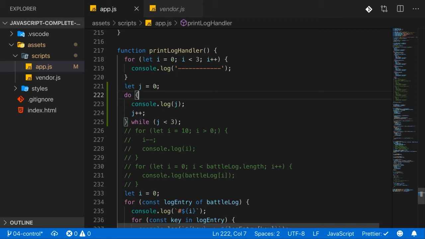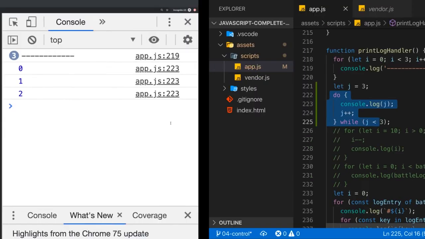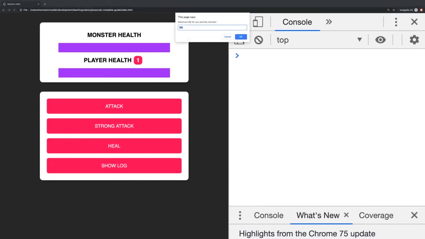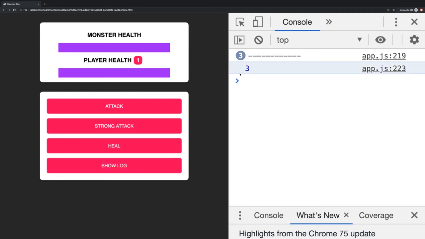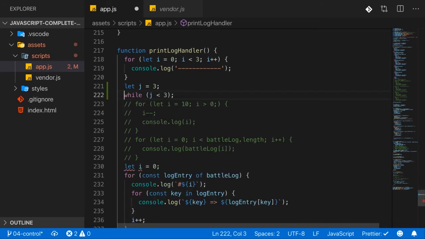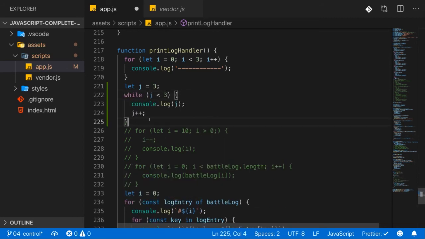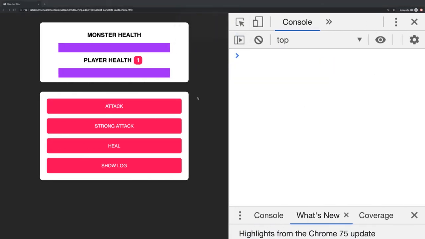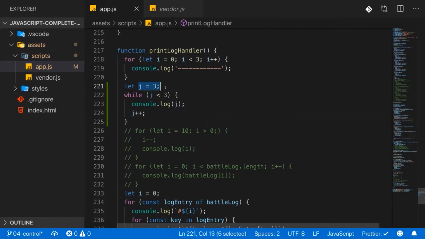But you'll notice a difference if you, for example, set j to 3 initially. If you do that with a do while loop and I reload here, and show log, you still see 3 being printed here. Now if we go back to the other while loop without do, so by cutting this and removing the do keyword, if we do that here, then you will see that now actually, if I reload here and press show log, we don't see the 3 here. The reason for that is that 3 of course is not smaller than 3, and here we check the condition first,